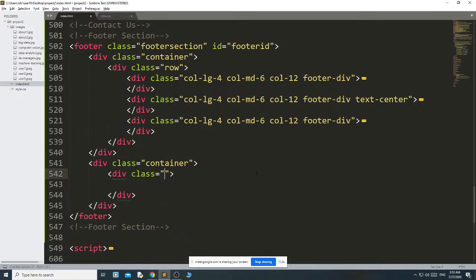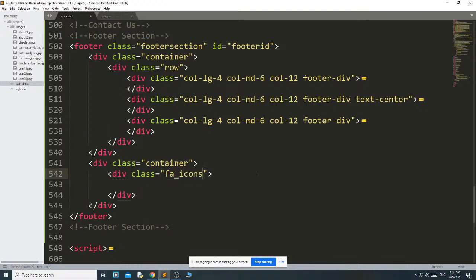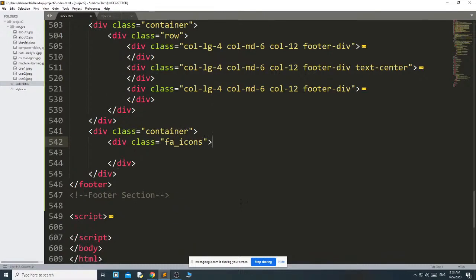class fa icons. See, I am not using row here. I will show you how to get that particular way. Okay, simply I am using the icons.